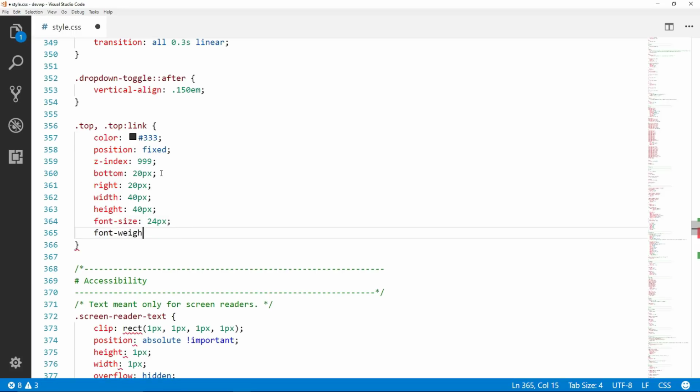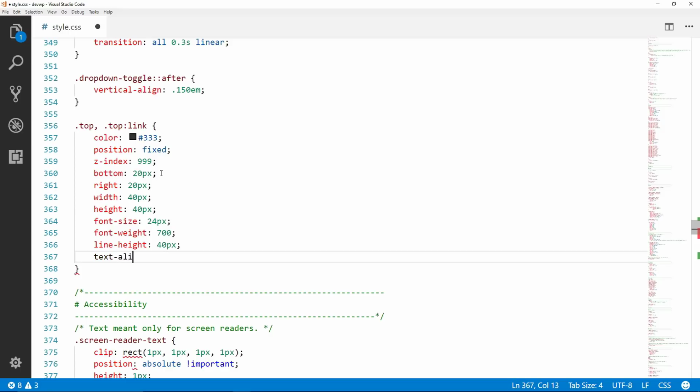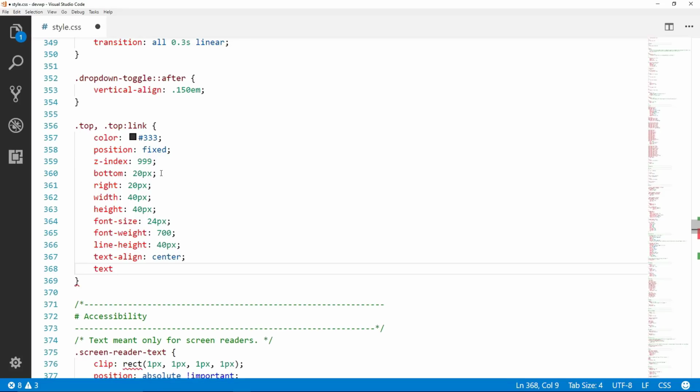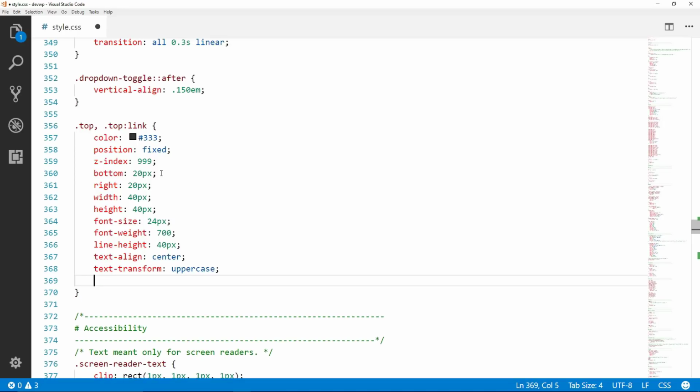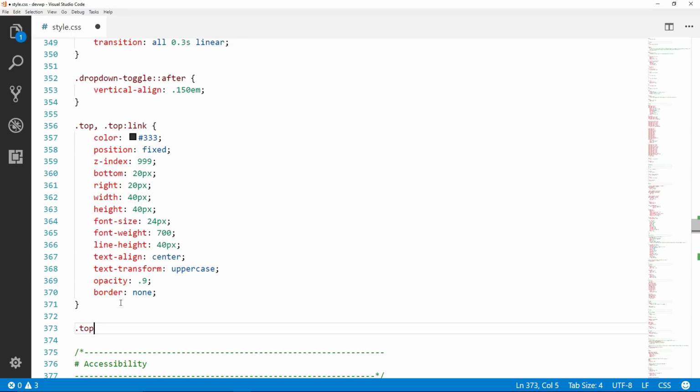Font weight is going to be 700. Line height, 40 pixels. Text align, center. Text transform, uppercase. Opacity, 0.9. Border none. Okay, so then we'll come down here and we'll say on hover